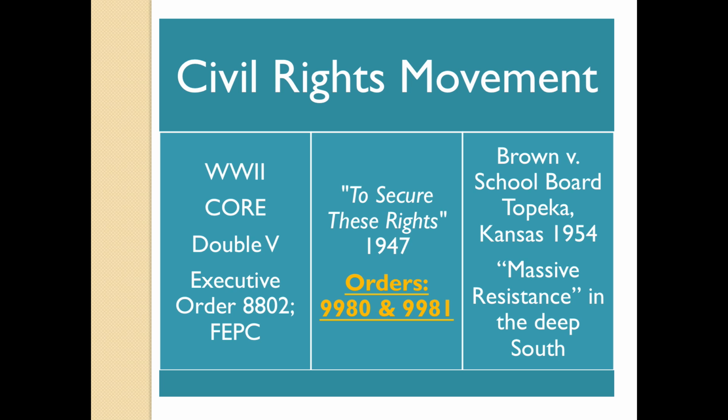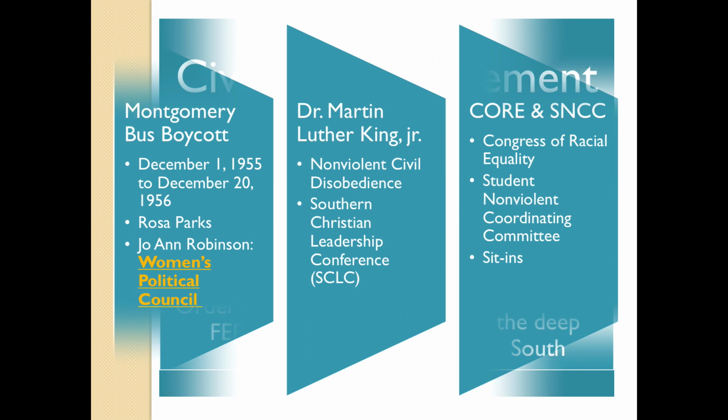But in 10 years, from 1954 to 1964, less than 5% of African American students were actually attending white schools. In the South, you have a massive resistance, is what they called it, and the advent of the private school begins to happen. And it's not until, and we'll mention this in a few moments, LBJ in the Great Society, that we start to see more and more integration of public school systems.